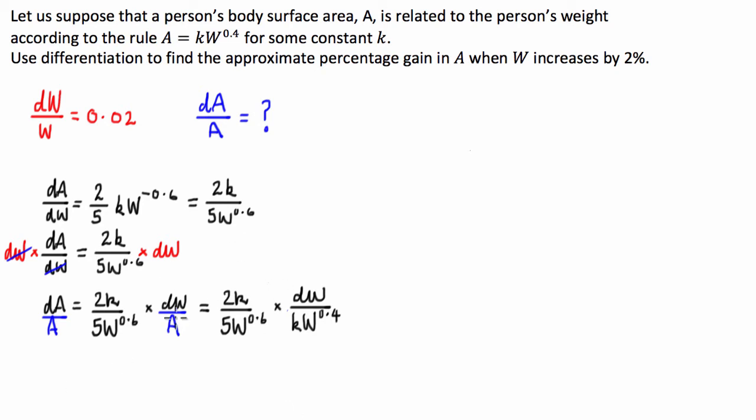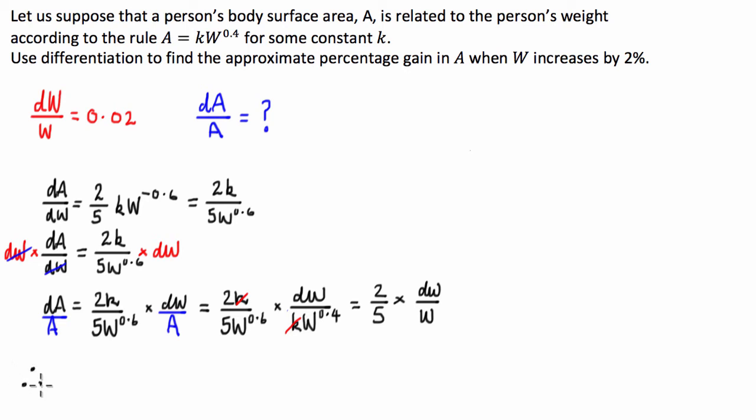Cool. Now I know that if I multiply these two fractions together, the k's will cancel out, and the w's, I can add the powers in the denominator. So 0.6 plus 0.4 is just going to be 1, or w. So what I'm left with is 2 over 5 multiplied by dW over W. Now guys, I'm well aware of what dW over W is equal to, so what I can do is say